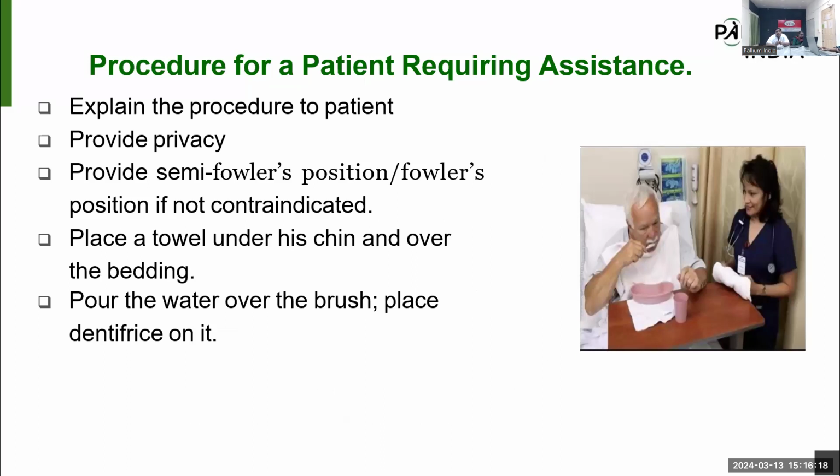If the patient requires any assistance, you have to explain the procedure to the patient, provide privacy, and provide a semi-Fowler's or Fowler's position if not contraindicated, because it is the proper position for oral care. Place a towel under the chin and over the bedding